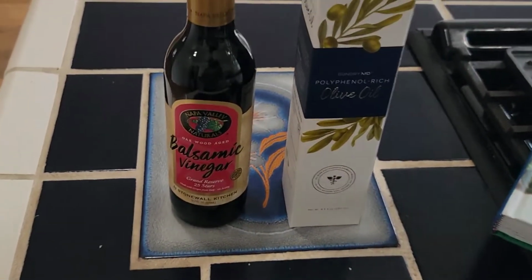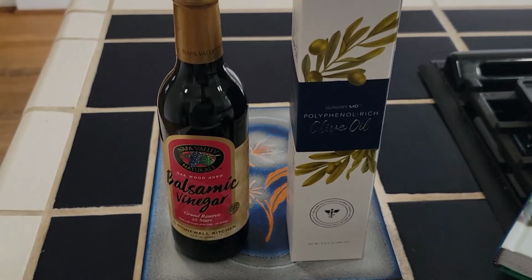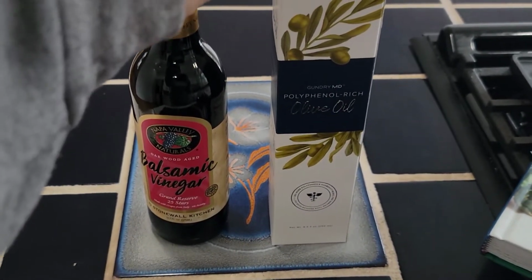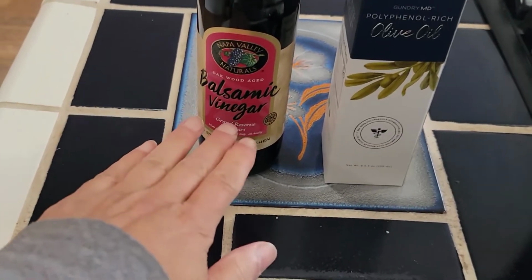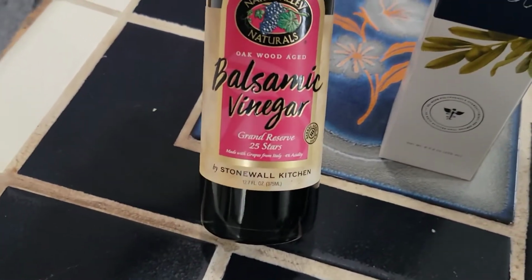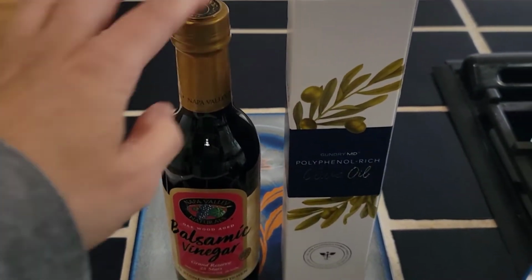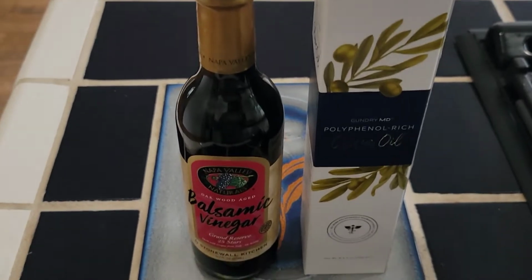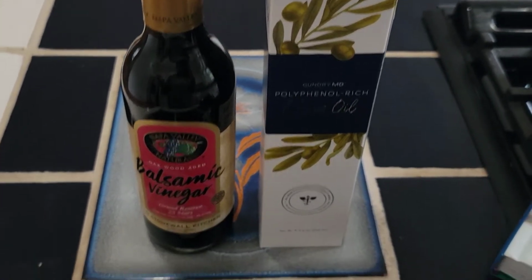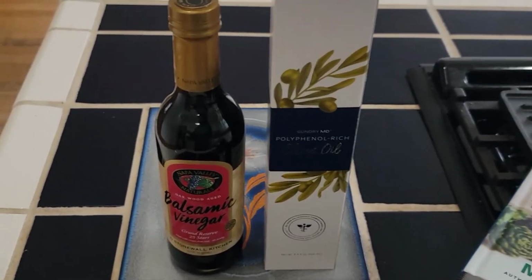For now, I want to show you one of the recipes that I'm gonna use these two for. The polyphenol rich olive oil and the balsamic vinegar. And this is also one that Dr. Gundry recommended from the Napa Valley. And I haven't even opened it yet and tried. But this is a dish that I make a lot. Normally I use just normal olive oil and normal balsamic vinegar, so I just went with the better quality because